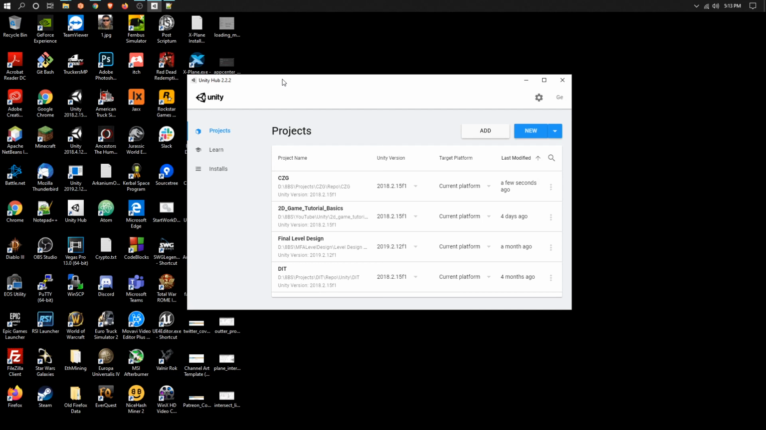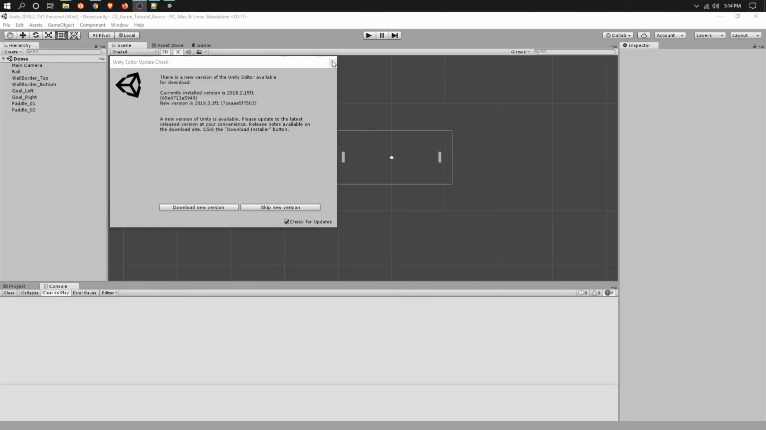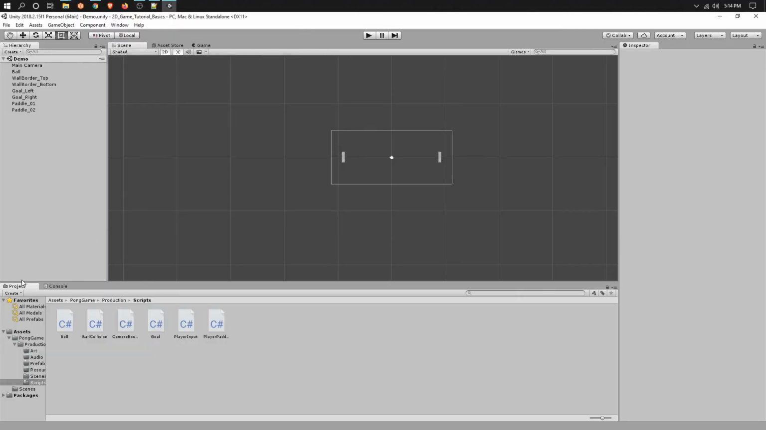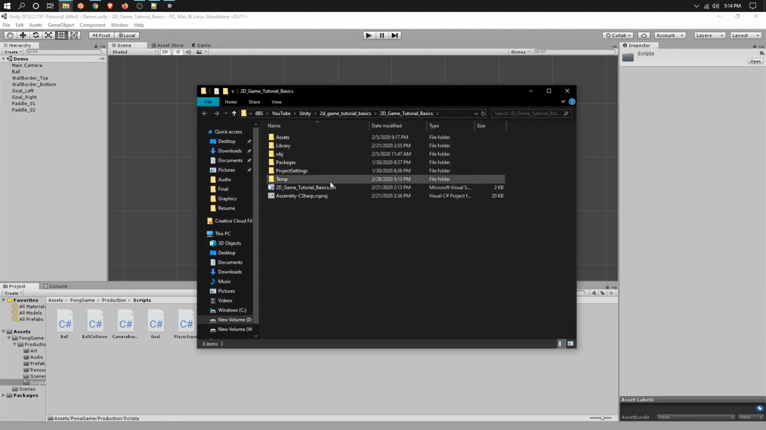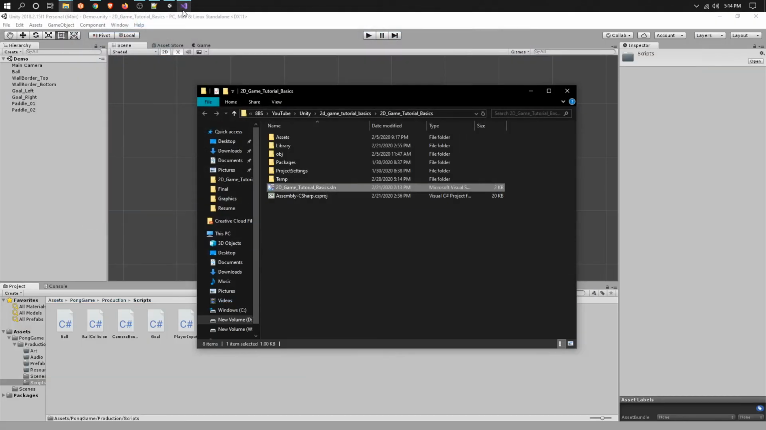Okay, so let's get started. Open up Unity and our project. All right, we have our project open. And let's open up the C# script. I will have to fix this at some point. Okay, so